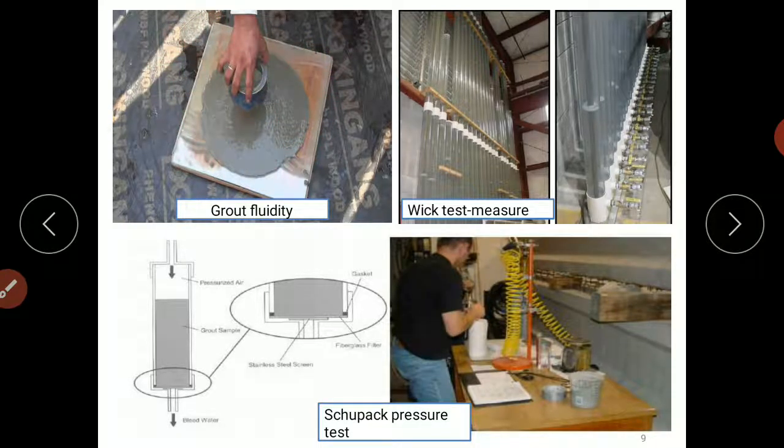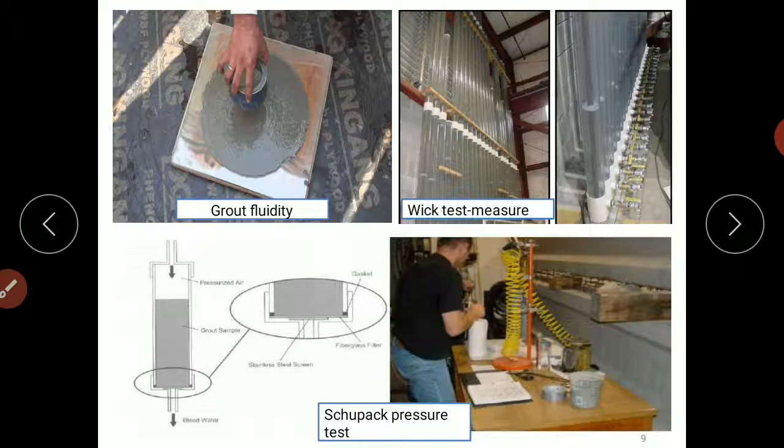This is the wick measure test. Grout is allowed to fall from some height, and we check its flowing nature, whether it is workable or not. Likewise, this is the pressure test. These tests are not here to study.